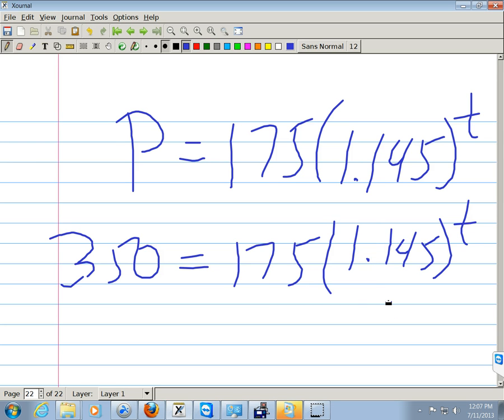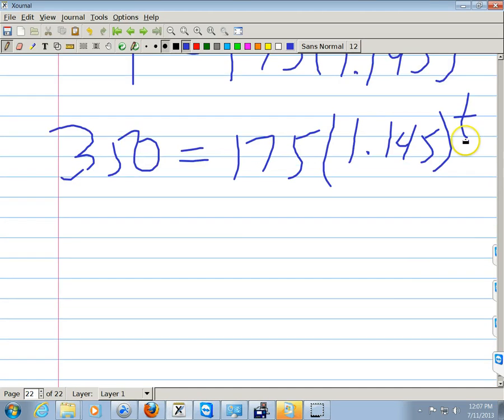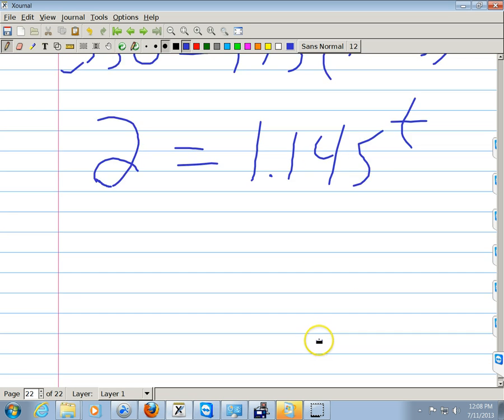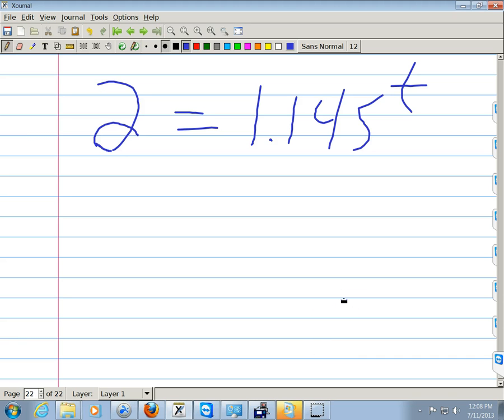Algebraically. Again, you could always do this graphically. Divide by the 175, so you get that the growth rate is 2, right? So I divide 175 into 350, I get the 2 again. All right, fine. So 2 equals 1.145 to the T. Don't forget a little decimal over here. Okay. And then how to get T out of this? What do you do to both sides? Log it. All right, now again, it doesn't matter which log you use, so how about common log